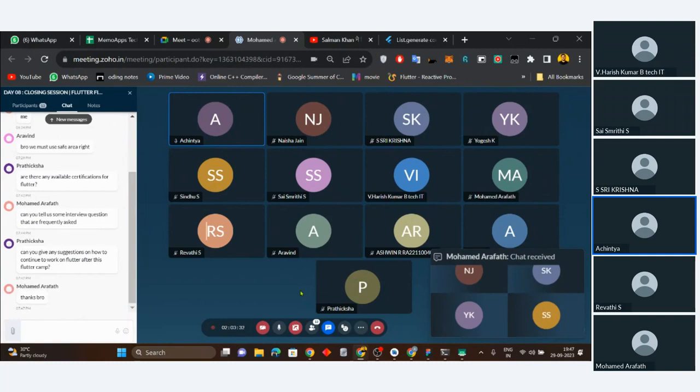So my suggestion to continue working on Flutter is practice. Just try to make applications, make applications, make applications. Don't go for any courses, I would say. Try to just get some Figma design and try to implement it. If you're not able to do that, just go to Google and search about it, like how